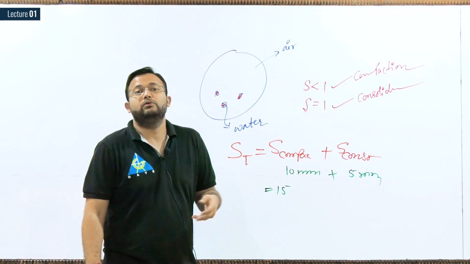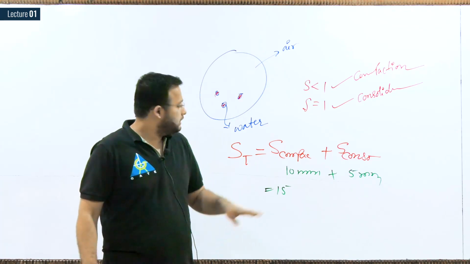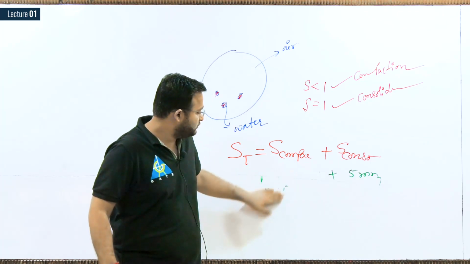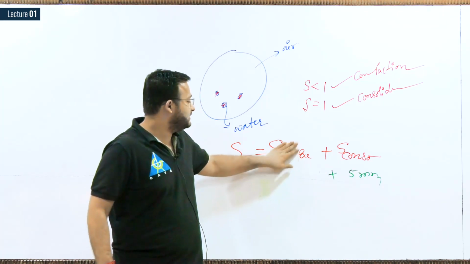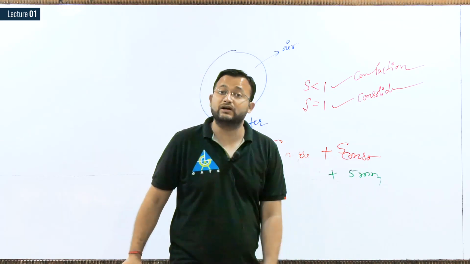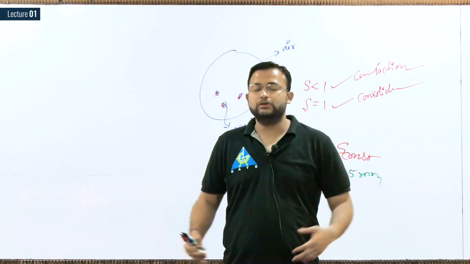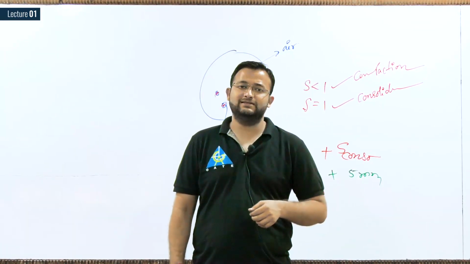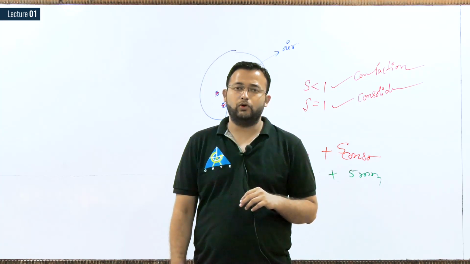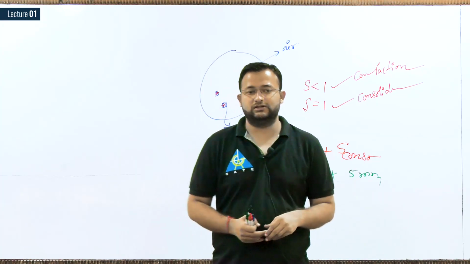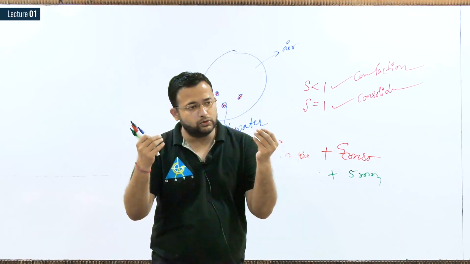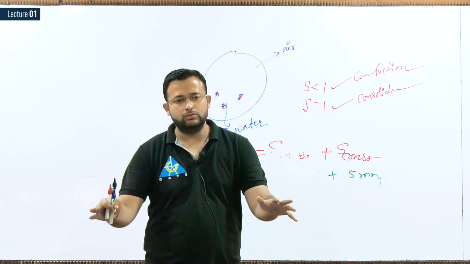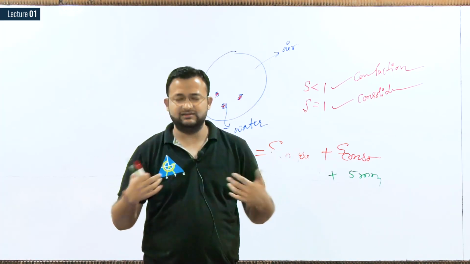So what I do, I want to reduce the settlement. That's why I perform the compaction before the construction of the building, so that my building is not subjected to settlement because of compaction. It is subjected to settlement only because of consolidation. Clear? So this is the process of compressibility. That's why I always suggest people to compact their plot, compact their soil before the construction. Even if you notice any plot, it is well compacted. There is no loose soil at your plot, generally, if I talk about it.